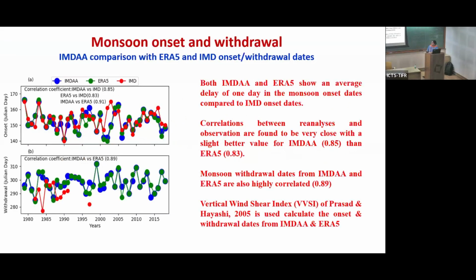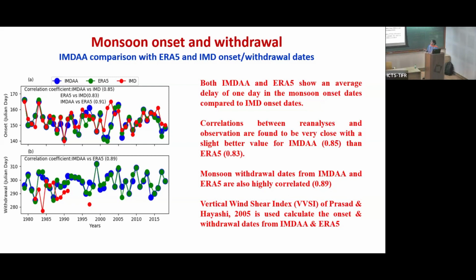So then we again compared the monsoon onset and withdrawal dates from IMDA, ERA5 and the available IMD dates. Blue is the IMDA one, green is the ERA5 and red is the IMD. So mostly the onset date is matching, but we have to be careful that we used here